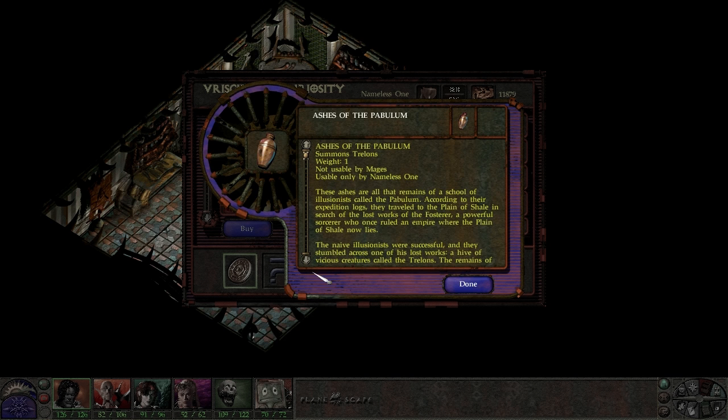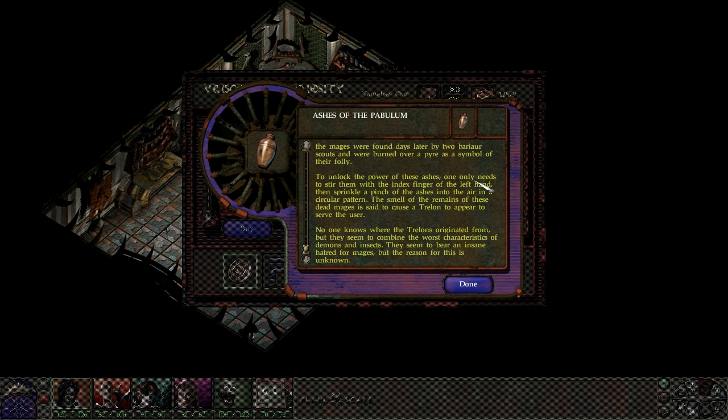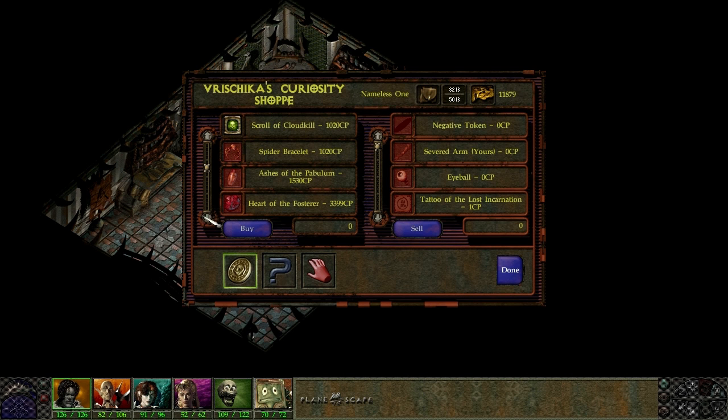Ashes of the Pabulum summons Trelons, I don't know. Those were also found in the Undersigil. We're fighting them. To unlock the power of these ashes, one only needs to stir them with the index finger of the left hand. Then sprinkle a pinch of the ashes into the air in a circular pattern. But it doesn't say how many uses you get, so...